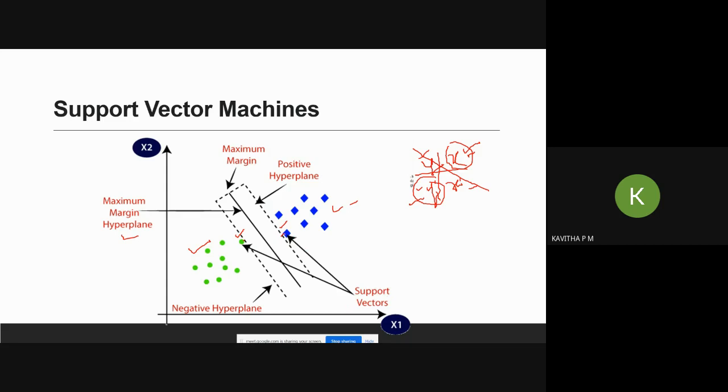These are the points we call support vectors, and these vector points support us in constructing the maximum margin. Based upon this maximum margin, we categorize or enclose the particular points which come within the maximum margin limit. The dotted lines we call the maximum margin limit, and since it is constructed in the hyperplane, we name it the maximum margin hyperplane. The points based upon which we construct the maximum margin, we call support vectors.